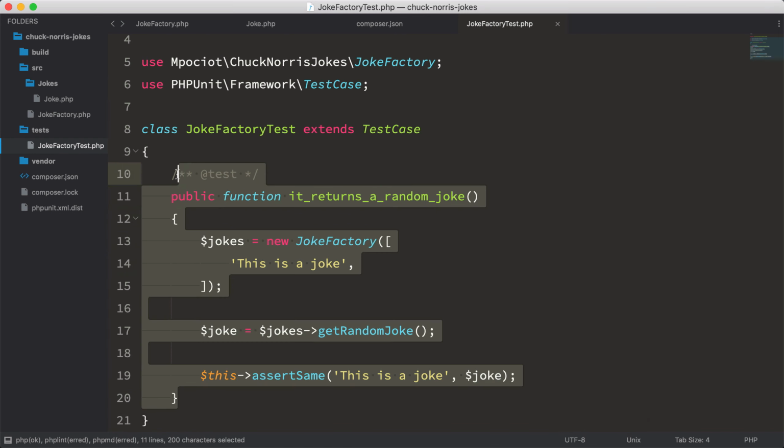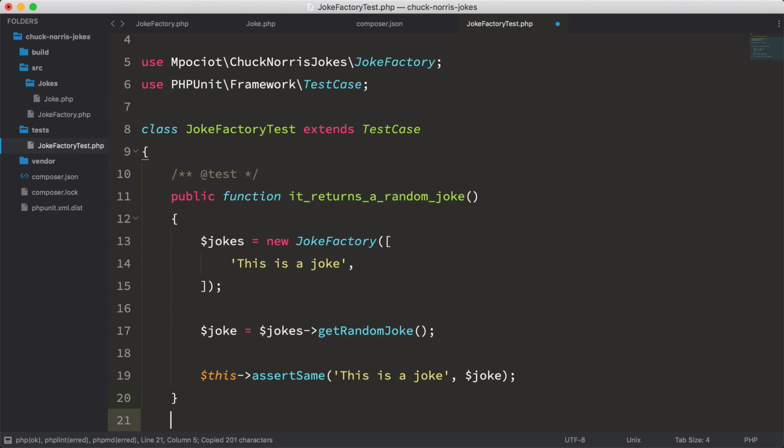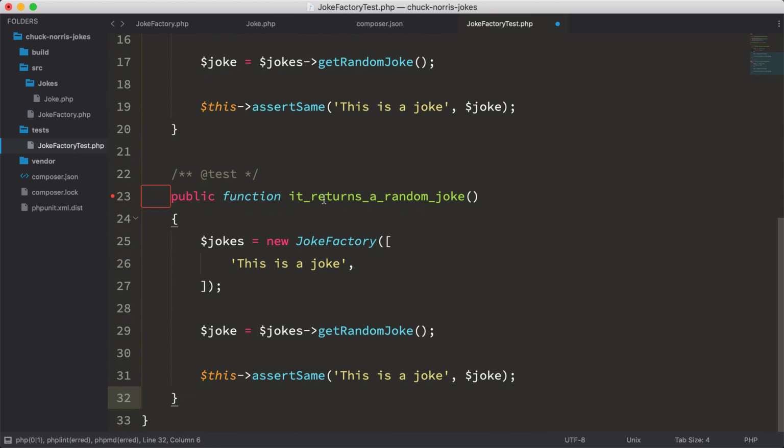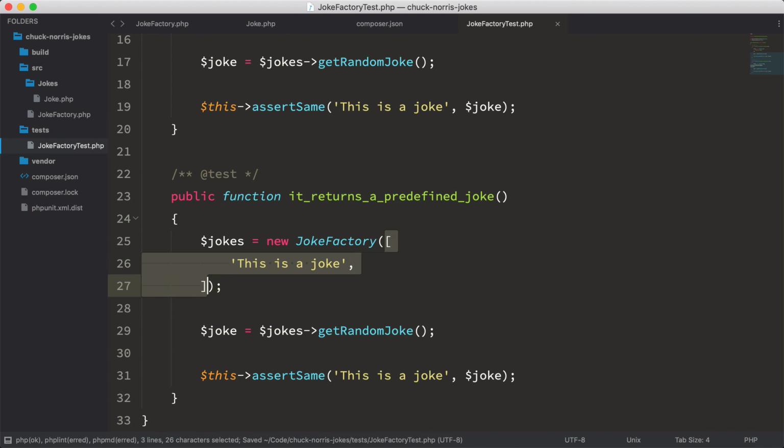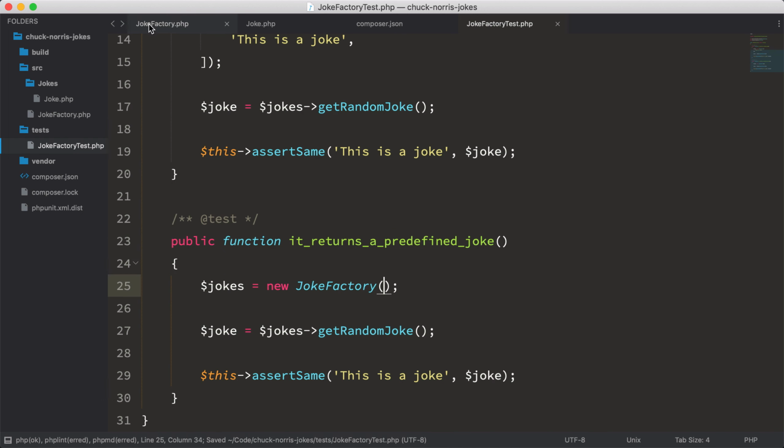And if we want to test that we can also get a Chuck Norris joke, we could just copy this test case, and then it returns a predefined joke. Then we just create a new joke factory, and inside of this,